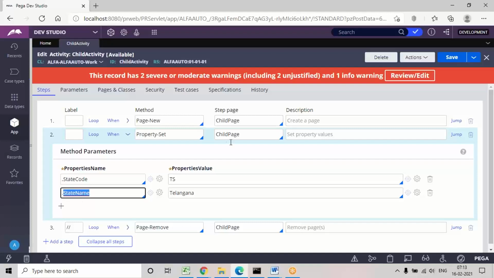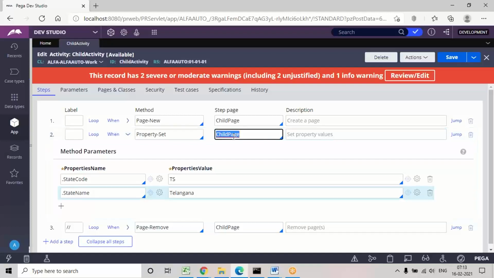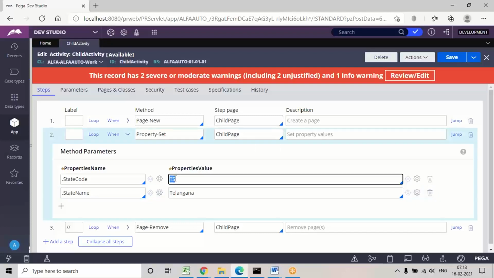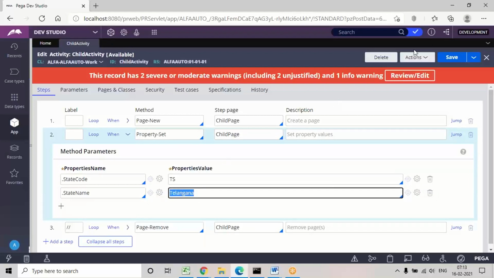You can check them inside this page in the clipboard under the child page. So a user page will be created, and under this page we can check the values given to the state code and state name properties after execution. I'm going to show you that.